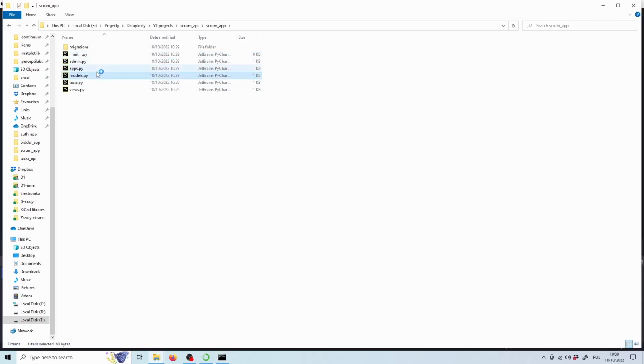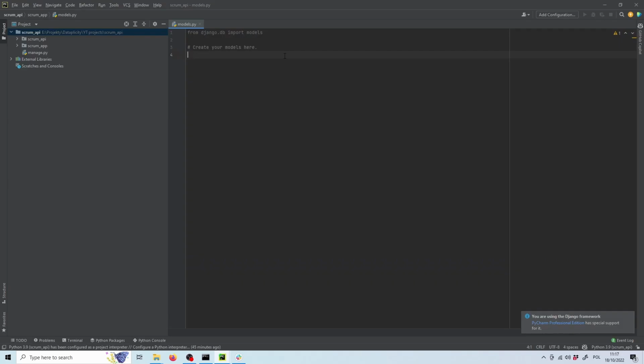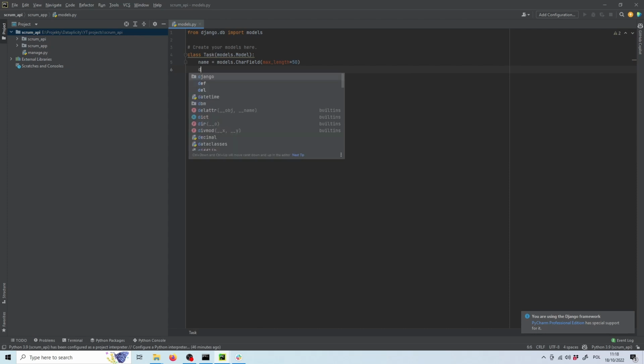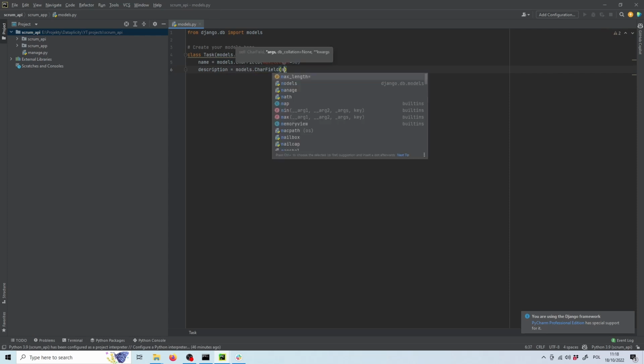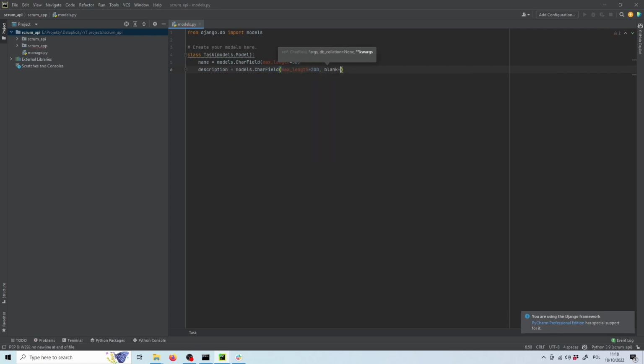Inside the Scrum app directory, let's open the models.py file. In that file, we will define models, or in other words, the database tables. Let's define the task model with parameters name, that will be a string of maximum length 50. Next parameter will be description, it also will be a string, or the CharField in Django terminology. Let's specify the max length and also the blank parameter that equals true, because our description could be